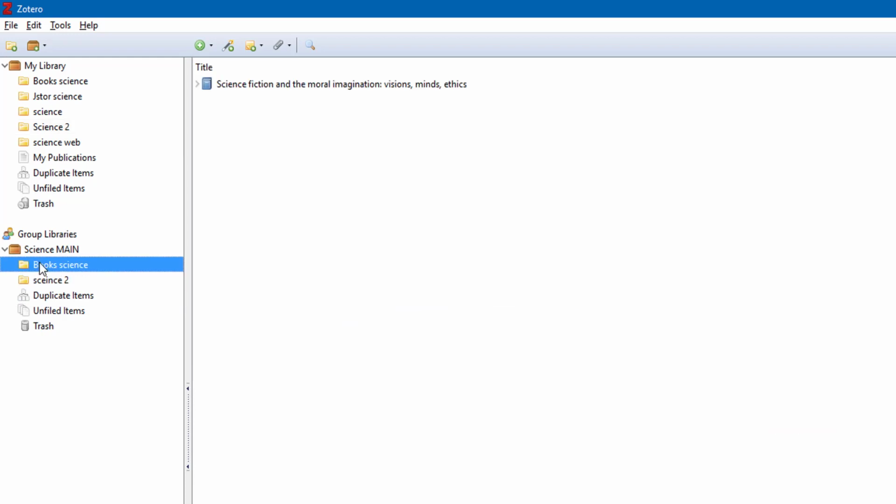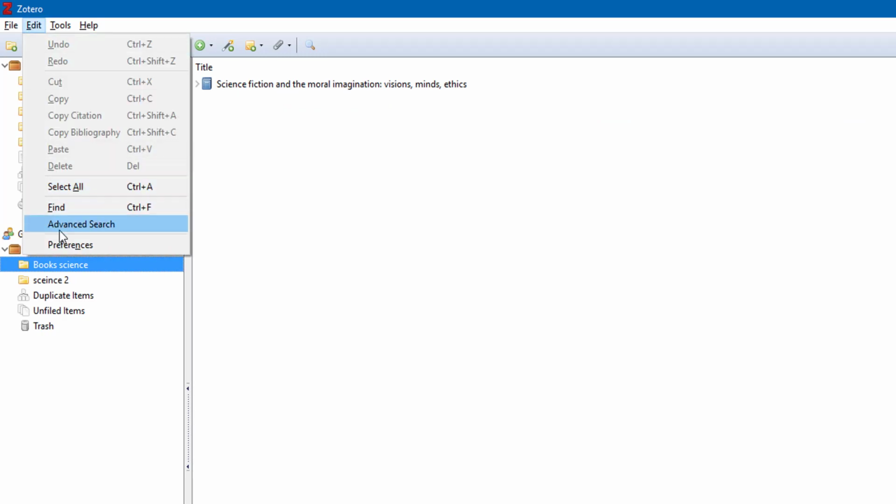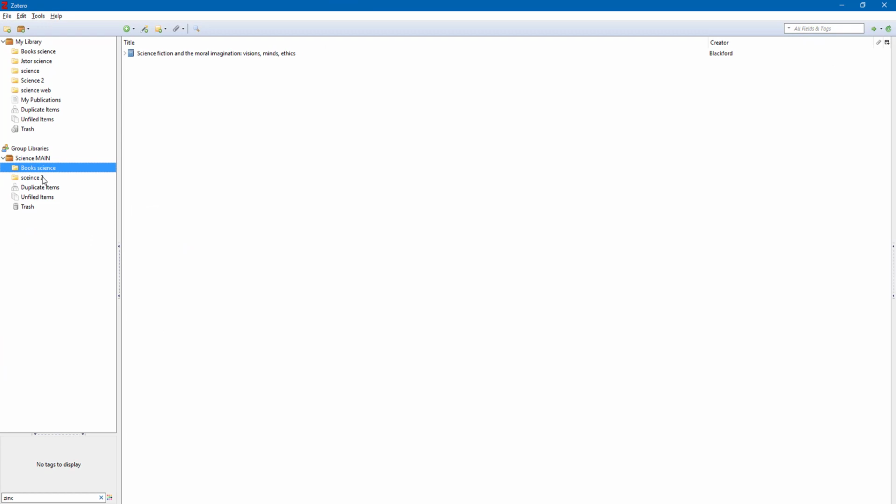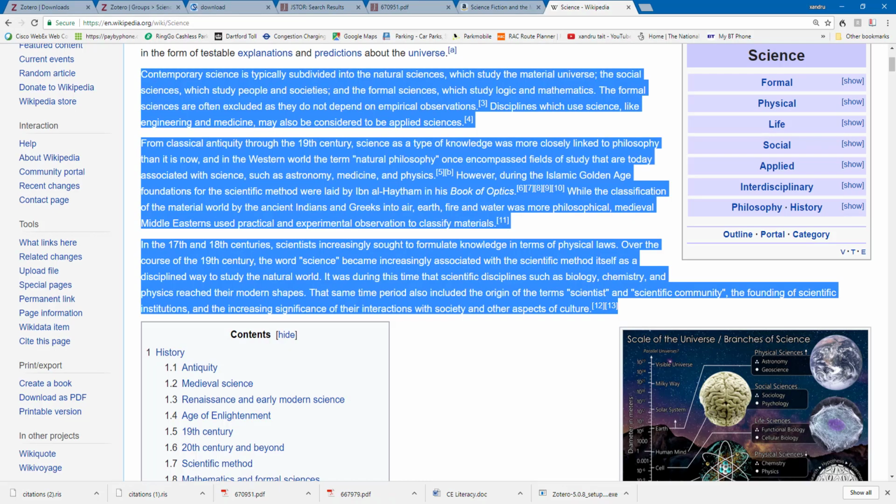They should automatically sync, because remember I went to Edit at the beginning, Preferences, and I selected Sync Automatically. But any issues, top right hand corner, select the Sync button and that will sync. So now that should sync that onto my Zotero server for me to share with groups. Let's have a little look. So I'm going to open up Zotero